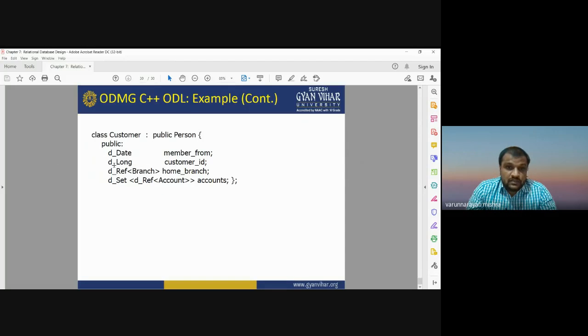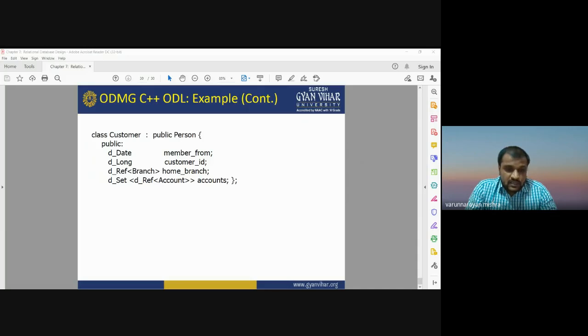In this code we can define the date, the branch, and the account number of the account holder using the C++ programming language. So this is all about the structure of the object-oriented data model, and how we can use C++ to define it.